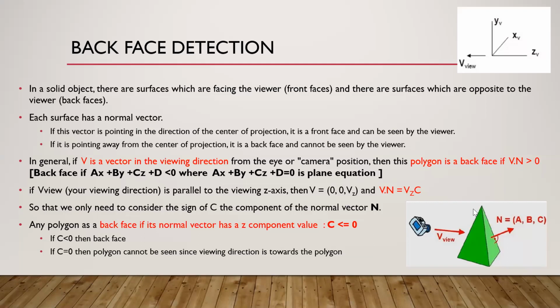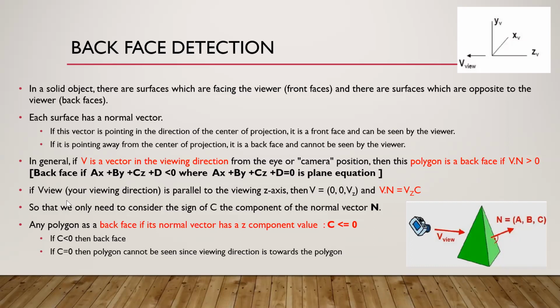As you know, the polygon surface plane equation is Ax + By + Cz + D. If it is equal to 0, that means the point is on the plane. We have already studied the inside-outside test: if it is less than 0, the point is outside, and if it is greater than 0, it is inside. So that is the concept which is used, otherwise, if you are not following the vector dot product.